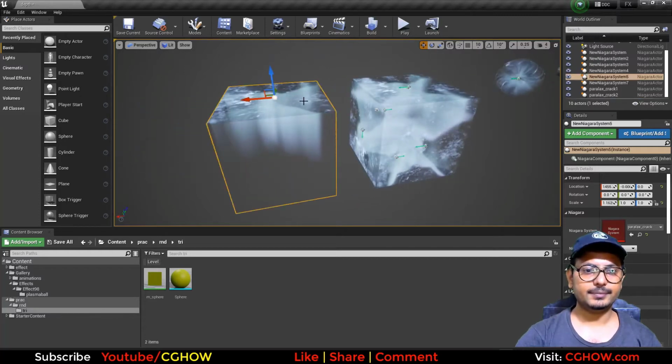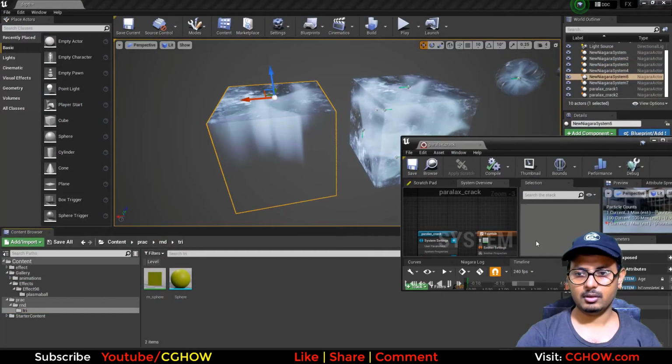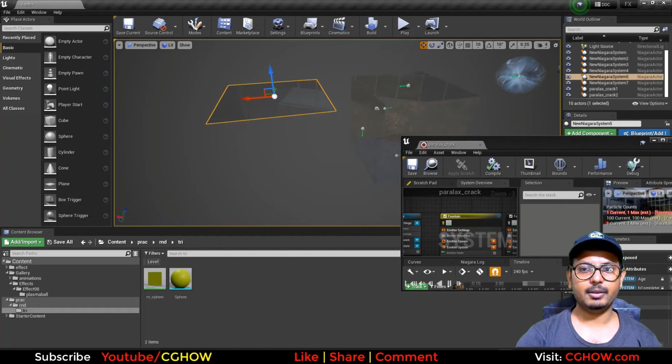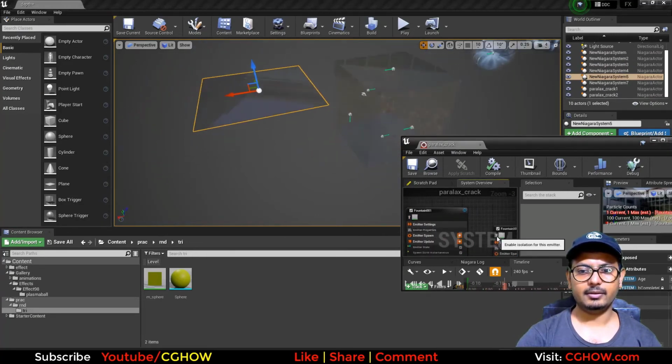But to create this, I have three emitters. First emitter is just this reflection plane, you can see, and then this emitter